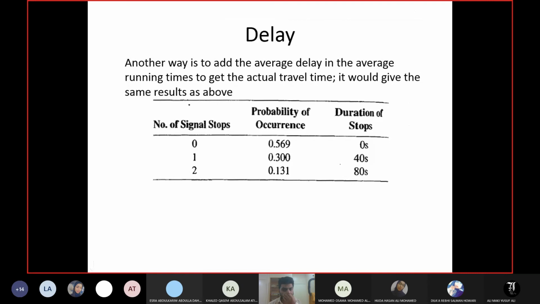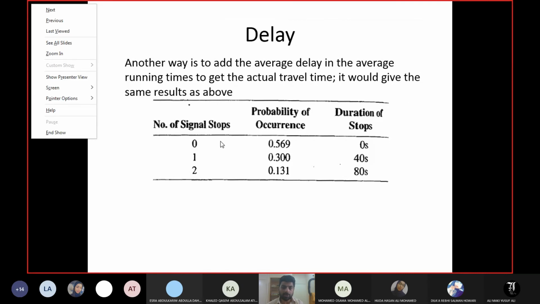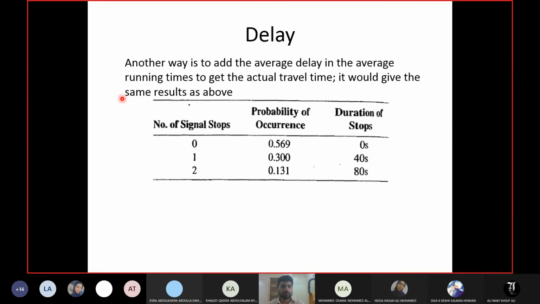Then we have another example, which is for calculation of delay. Now the graph which I showed you yesterday, in that graph, one of the observers was taking the delay. The delay values were given for each section, in the table which I showed you yesterday at the end. There is another possibility to calculate delay, which is using the concept of probability, or the concept of the chance of you having a delay.